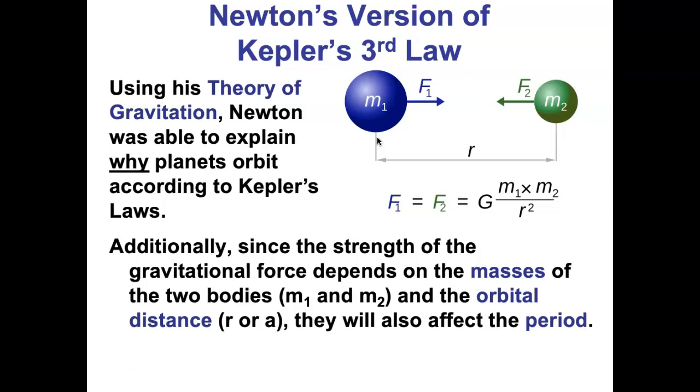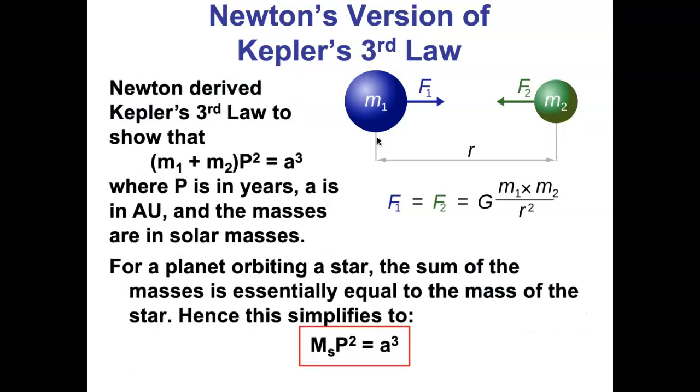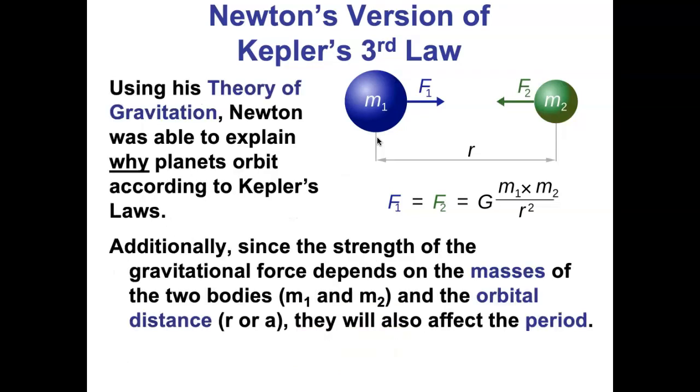Now we have the why, right? Now we know that planets have elliptical orbits, sweeping out equal areas because of the laws of motion and gravity that Newton had figured out, right? But Newton added one little thing. Remember, I said this on the previous slide: planets orbit because there's this gravitational force between the planet and the sun.